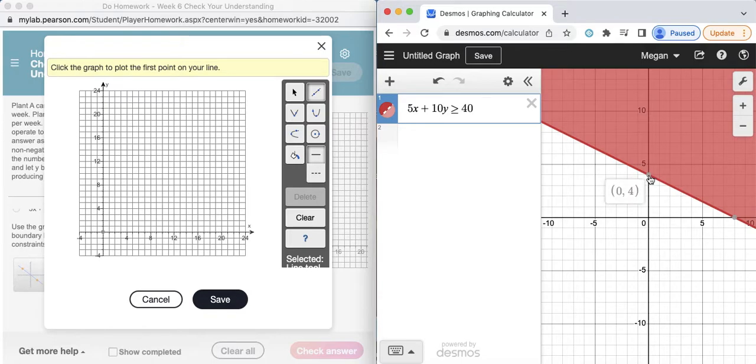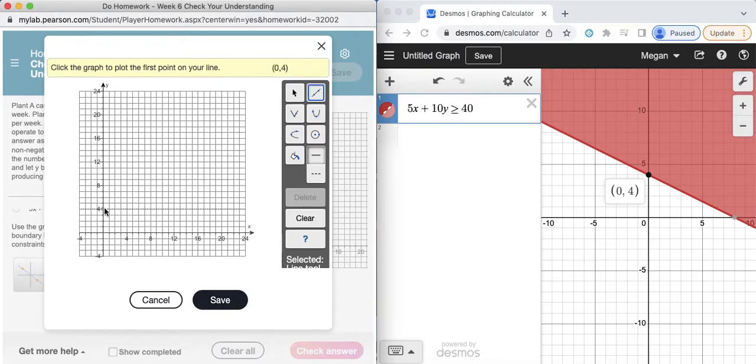And then I can use the points in Desmos to plot my points in MyLab. So I see one point at 0, 4, that's the intercept. I just click on that and it tells me what it is. So I'm going to plot the point at 0, 4. And the scale on these is sometimes pretty small, like you can see. Sometimes it's a little hard to tell what you're clicking on, but if you look, you see in the upper